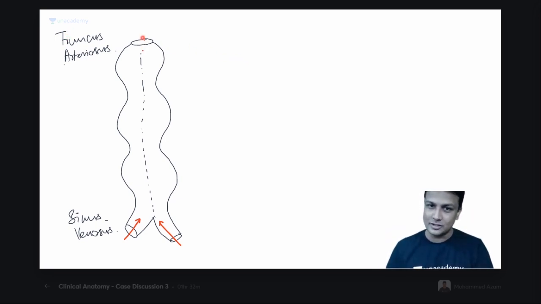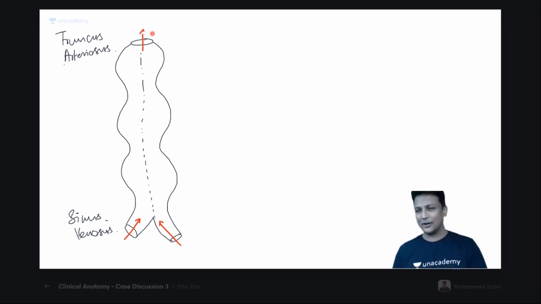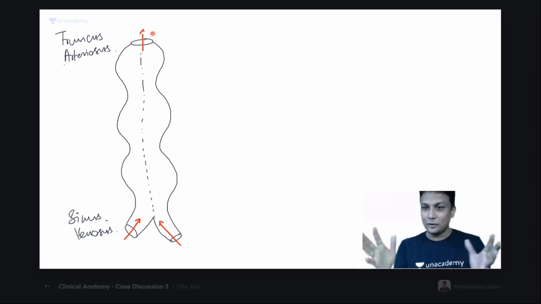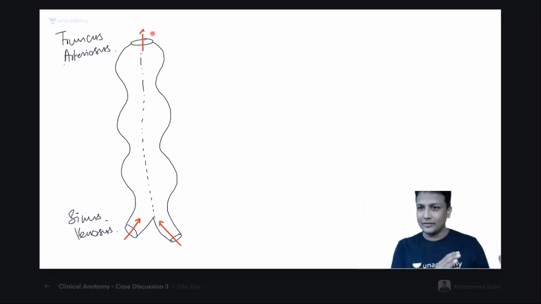And that is going to form what's an outflow. Oh my God, I guarantee you, you will never ever make a mistake in your lifetime. Forget a bit about your exams, whether it is next exam or NEET exam or FMG, whatever you're preparing for. I'm concerned with that. As a doctor in your lifetime, if you learn like this, you will never forget. Sinus venosus, venous, the blood is entering, inflow, and truncus arteriosus, the blood is going to move out.